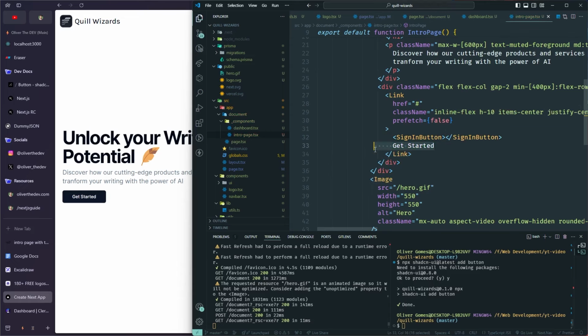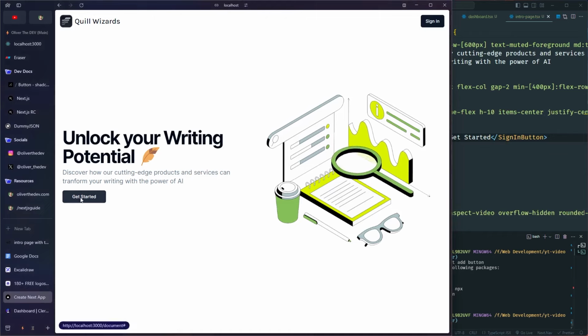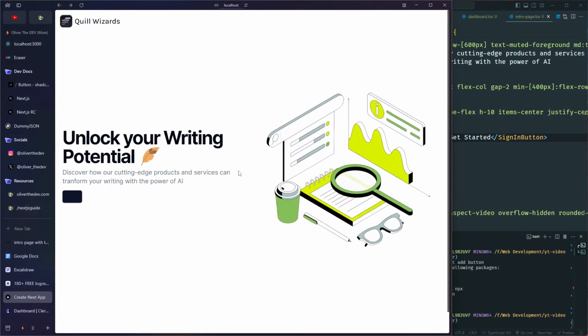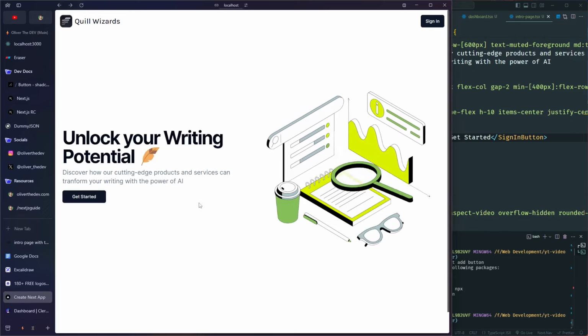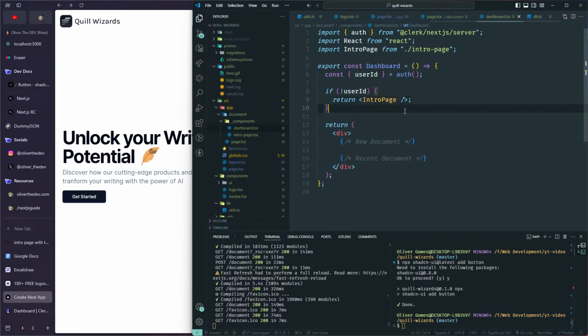There we go. Start it, and then click on this, take it to the sign in button as well. So that's great. That's the beauty of Clerk. And we are out of it. So we don't need to worry about that anymore. We made that pretty